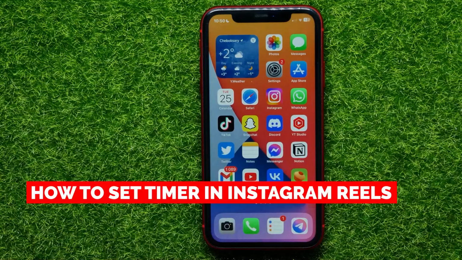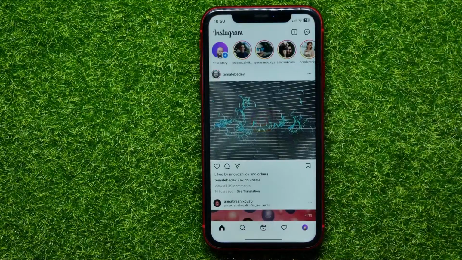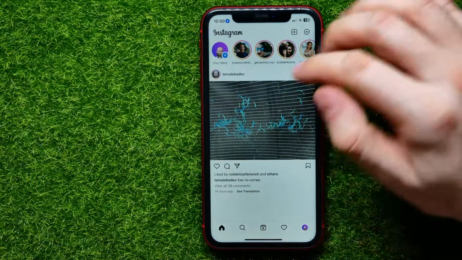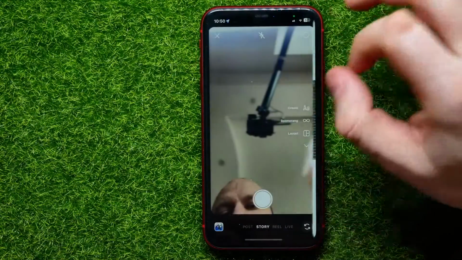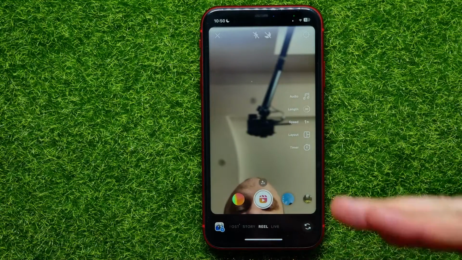In this video, I'm going to show you how to set timer on Instagram Reels. That is quite simple and easy to do, so let's begin. And first, open up Instagram app, then swipe over to the right and here select a reel to start recording